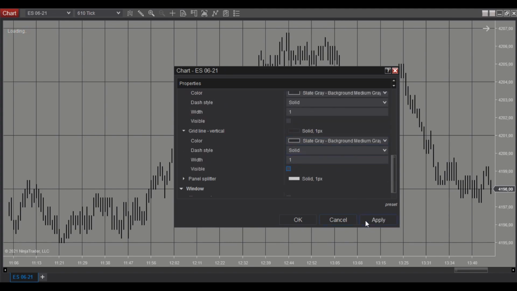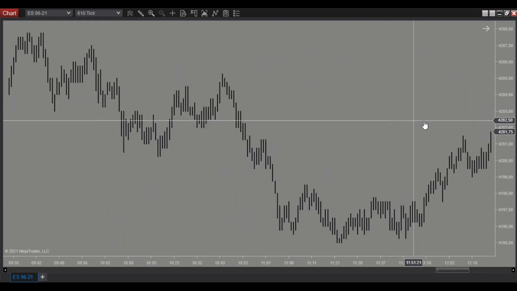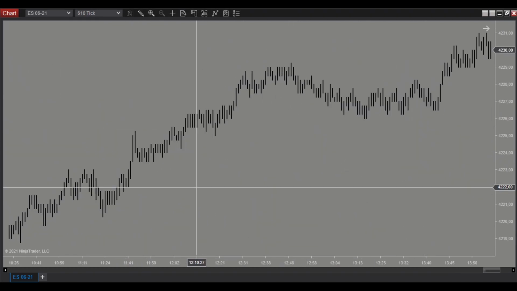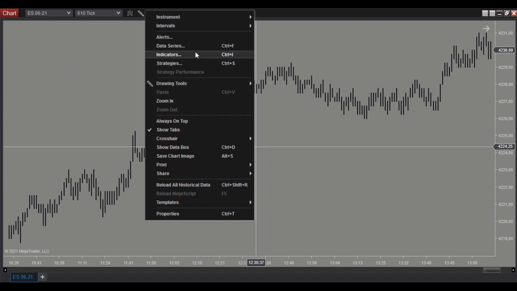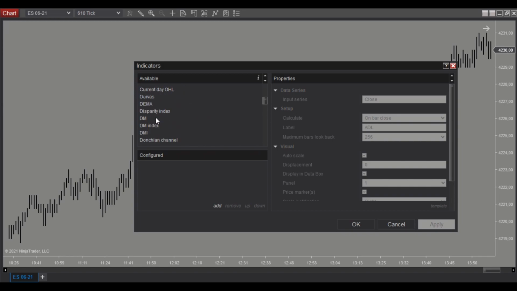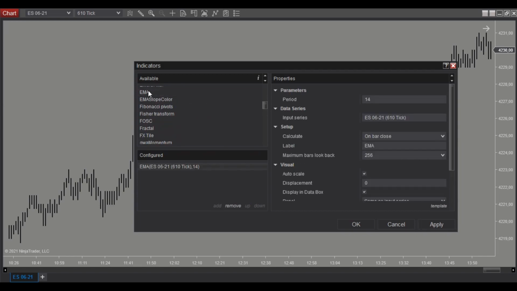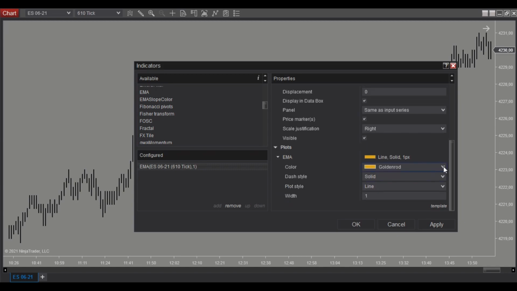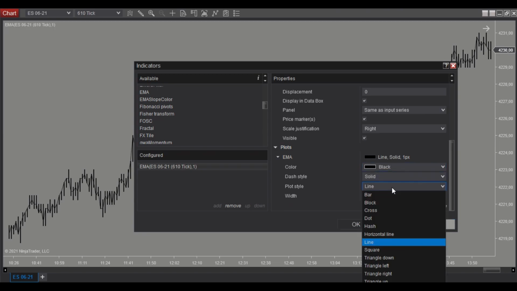Right here we hit apply, and there we have a chart, simple chart. Then we're gonna add the indicators. We right click here on the chart and we go over here to indicators and we use the EMA with period of 1 and we're gonna use a color black. This is just for visual purposes, of course. We're gonna use here line,